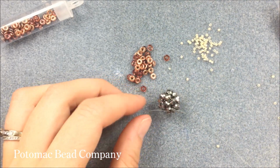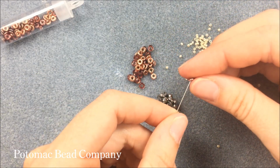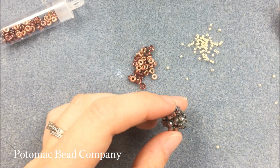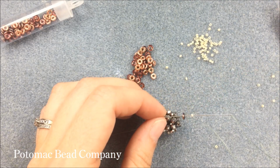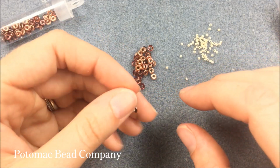Once I'm coming out my bead, we're not going to overthink it. You're going to add your O bead. And if it is two-sided like this, you want to add whatever side you want showing on the bottom and the top color showing. I added a 15-0 onto my thread, and that's going to hold my O bead in